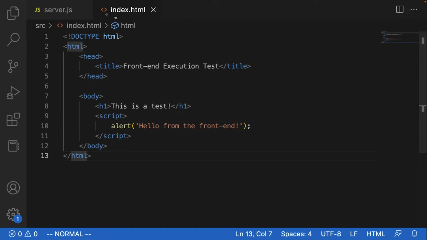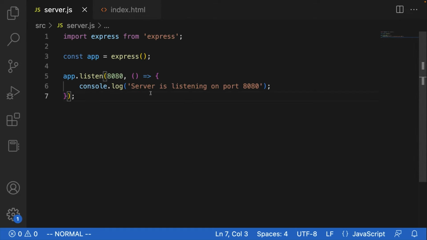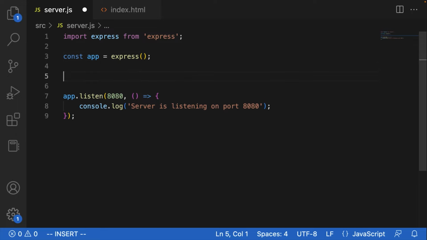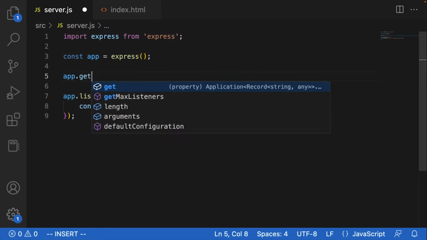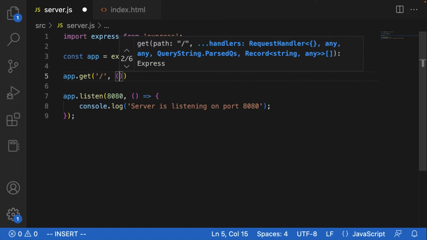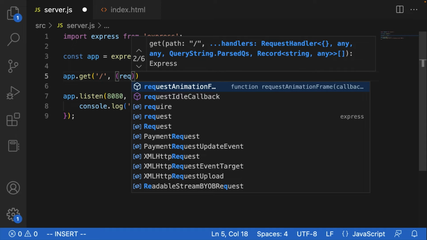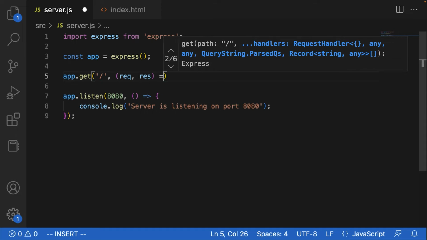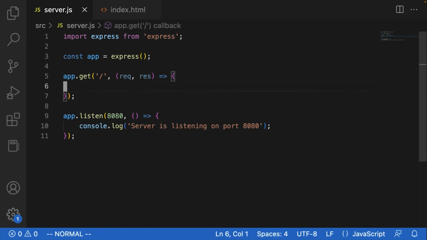So now what we're going to need to do is have our server send that file back to the front end as a response when it receives a request. So what we're going to do is just define a simple get endpoint that will listen on the home route. And then inside the callback here, we're going to have the request and response, of course. And in order to send back a response with that HTML file in it, what we're going to do is say